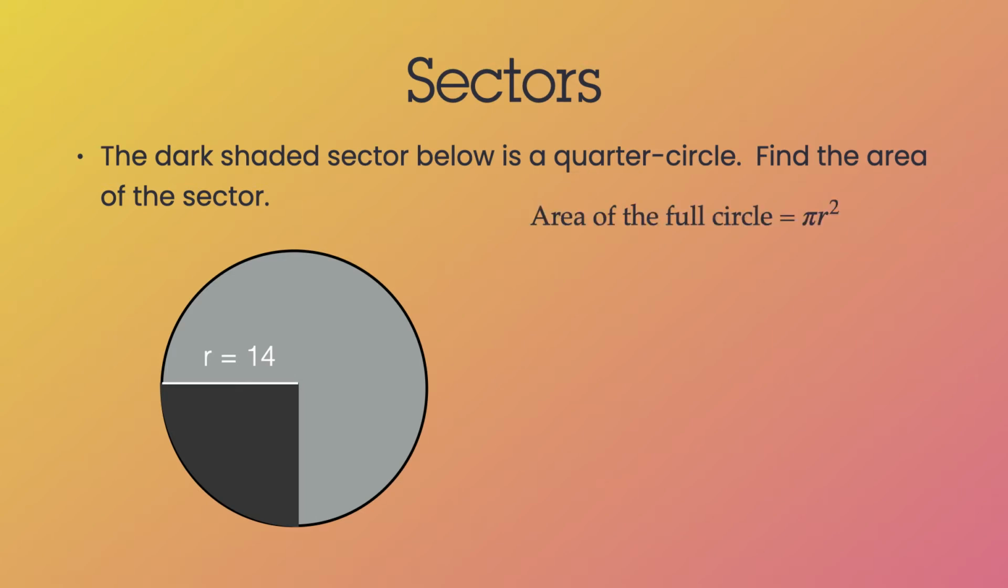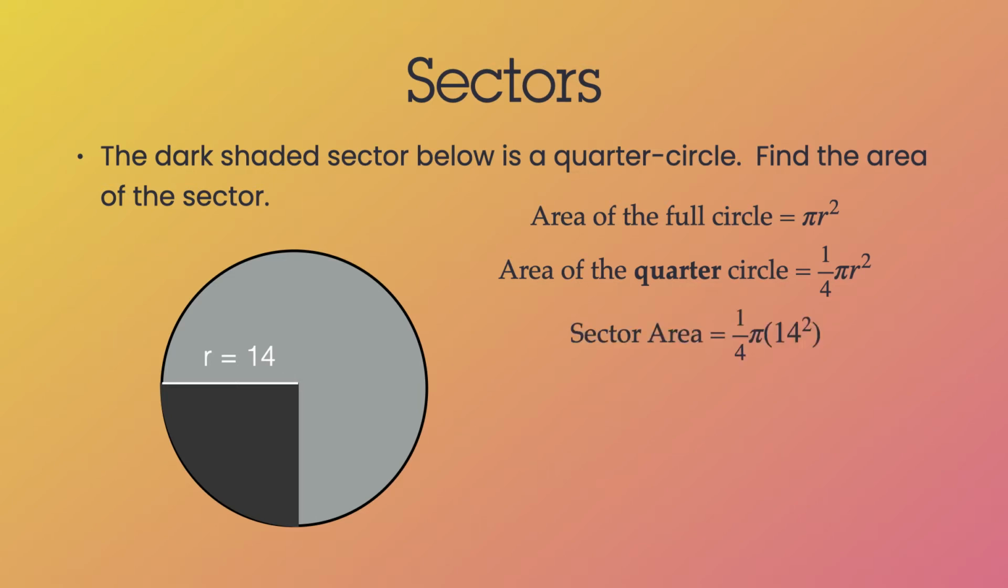Now we know the area of a full circle is pi times radius squared. We did that in the last video. So if the full circle is pi times r squared, then area of the quarter circle should be 1/4 of pi times r squared. And that's exactly what we're going to do. That's how we will find this. So our sector area, since it's a quarter circle, will be 1/4 times pi, and then our radius is 14